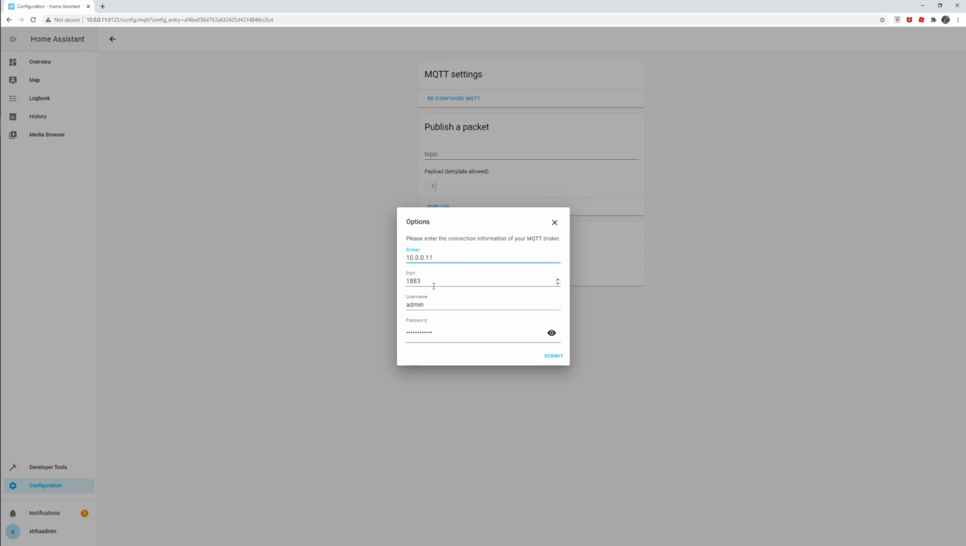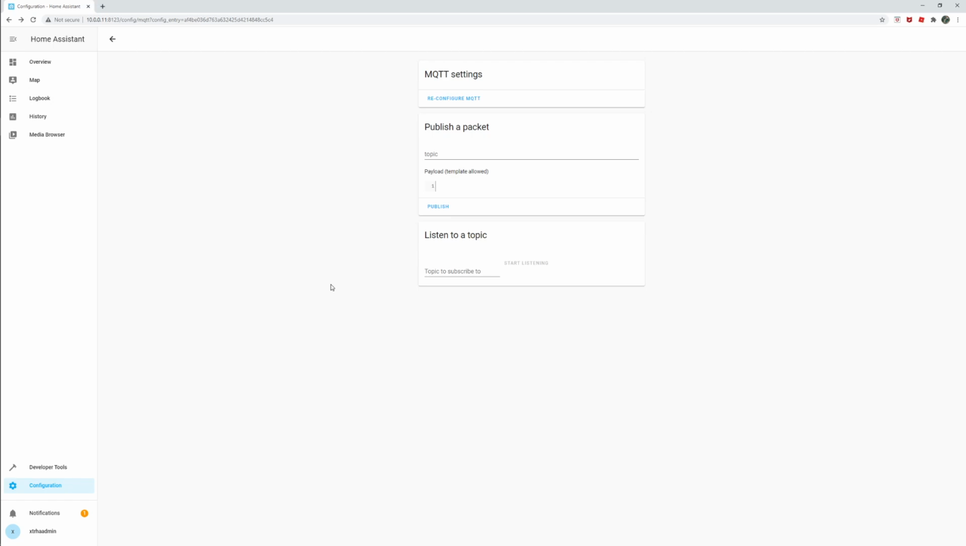Just need to look at 11. These are the credentials that I have just put on my configuration.yaml. So my next thing,